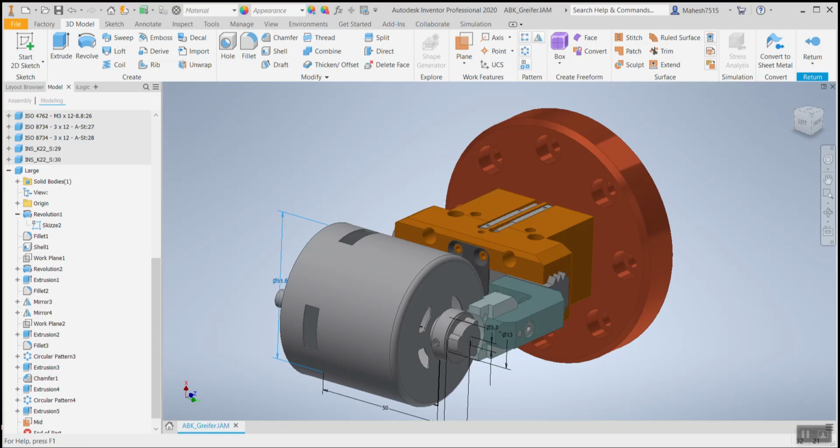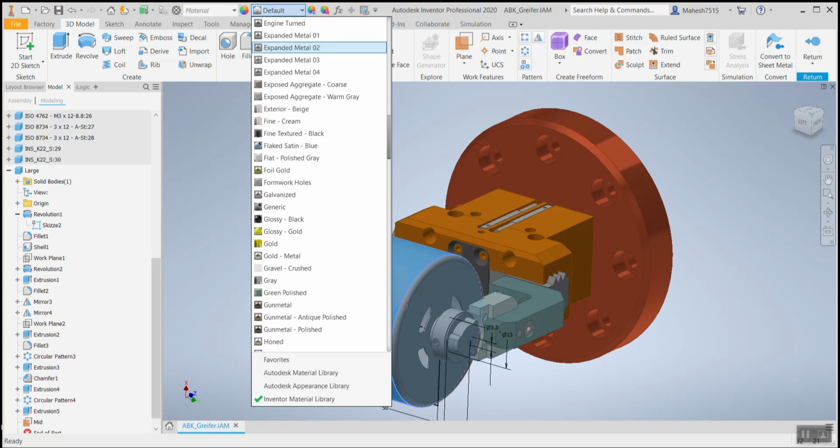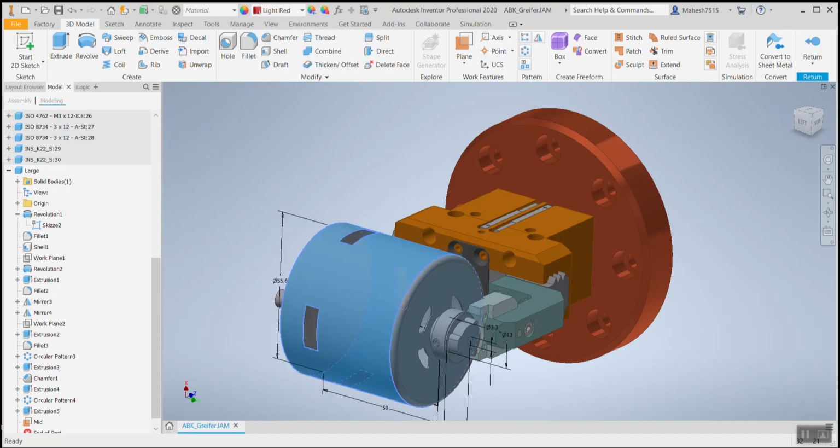For identification purposes, we shall add a color also. So I'll select the motor and go back to appearance, and we'll add a visible color. Gold doesn't make sense. Light red. Okay, red will help.